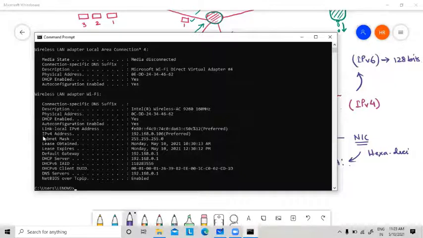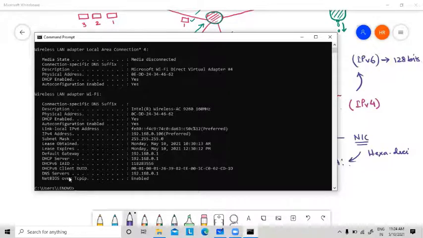Then see this one, IP version 4, and see the format: 192.168.0.106. Now you will also see IP version 6. Just follow my mouse pointer. IP version 6, this one. So it is 128 bits.